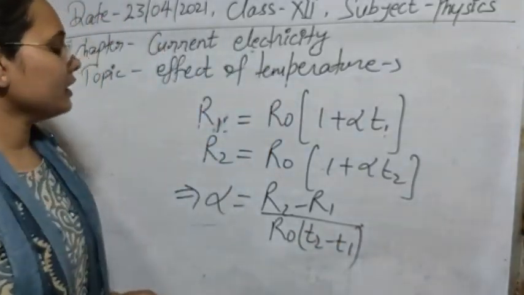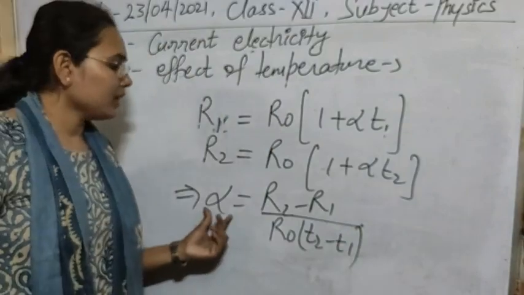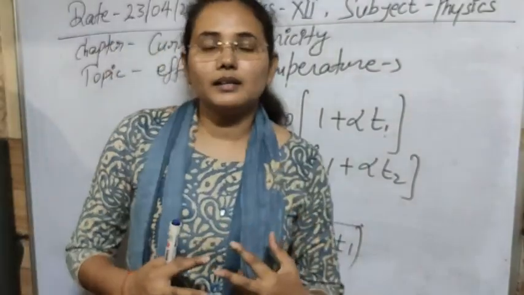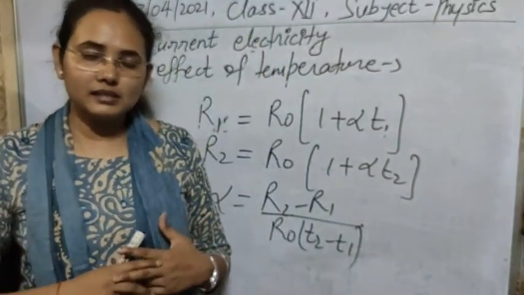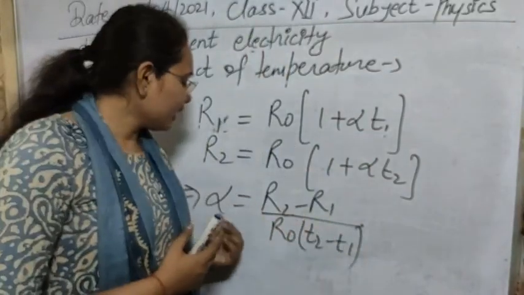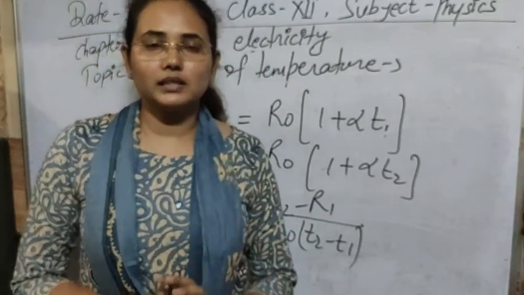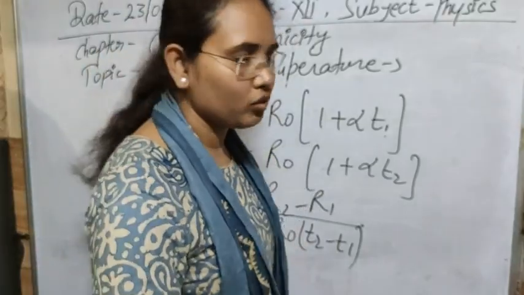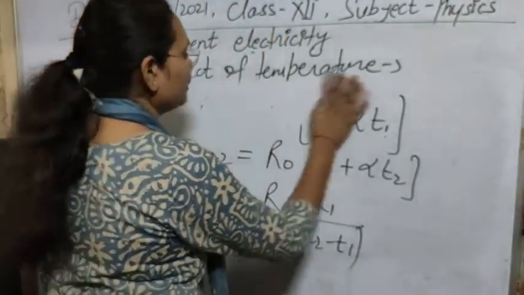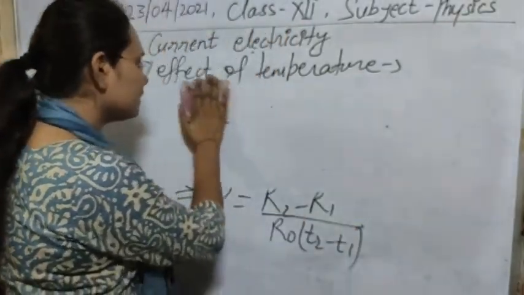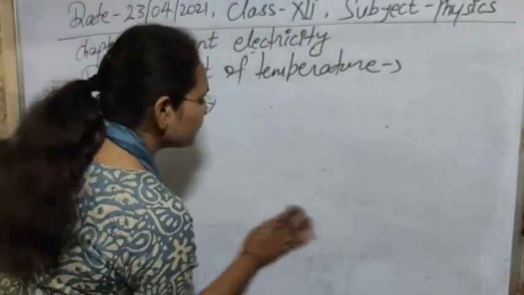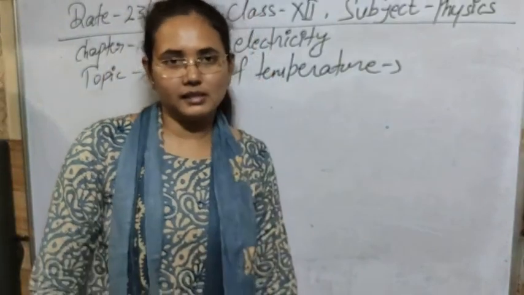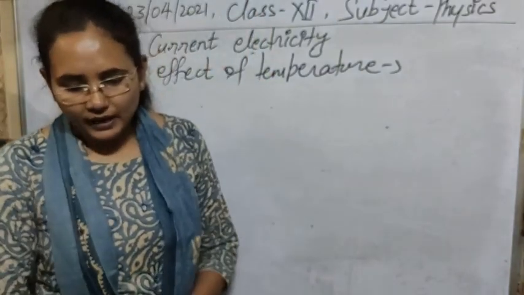So in this way we can find out the temperature coefficient for two different resistances, meaning by measuring the resistance at two different temperatures we can calculate it. After calculation, if it is positive then that will be a conductor, and if it is negative then that can be an insulator or semiconductor. For insulators and semiconductors, resistance decreases with increasing temperature, and conductivity increases. So this factor is now clear.